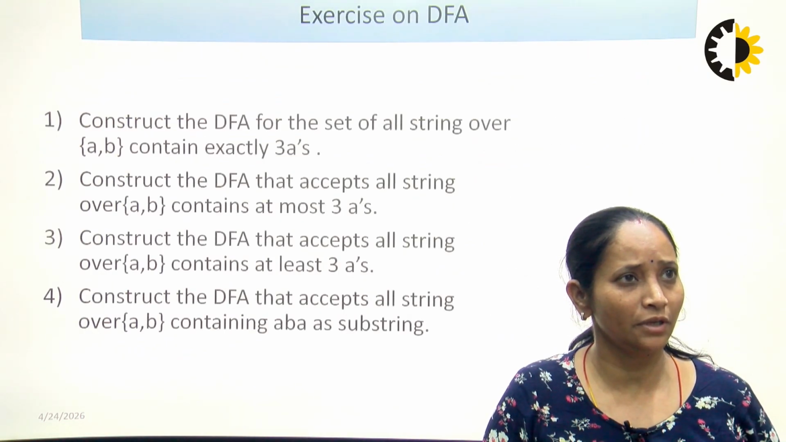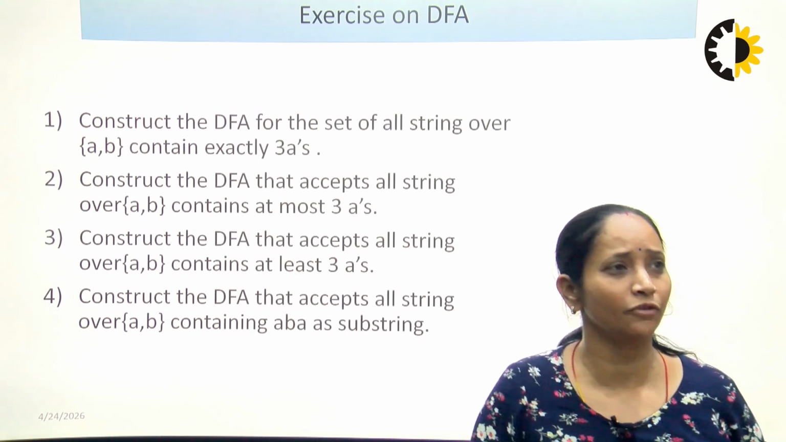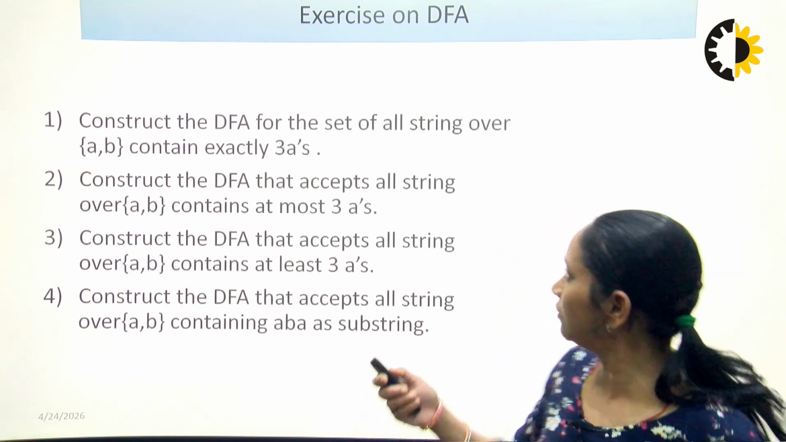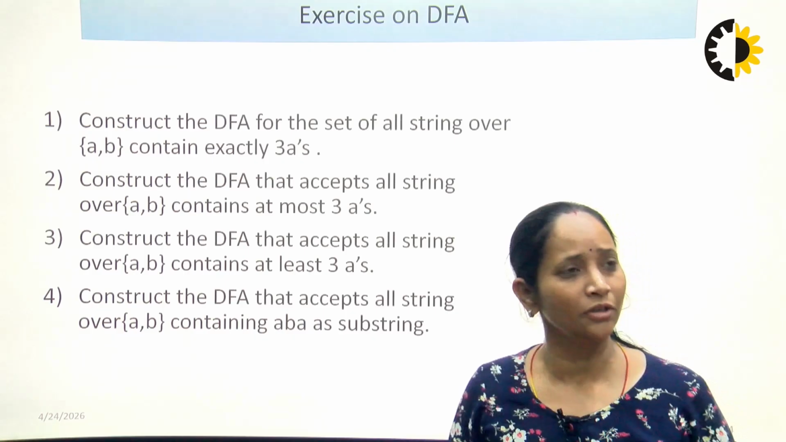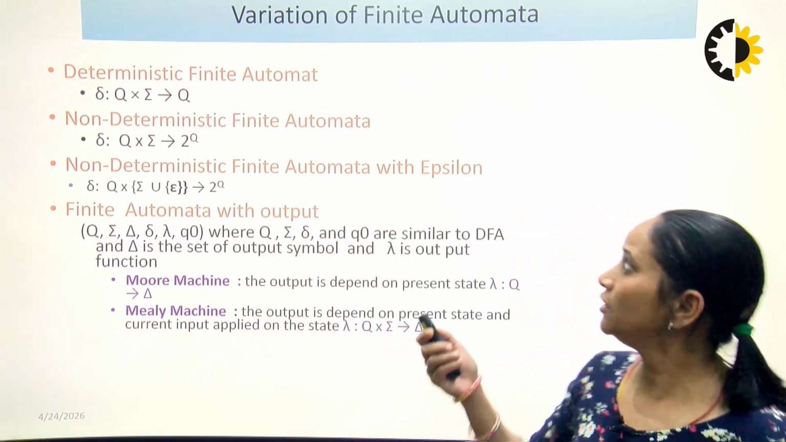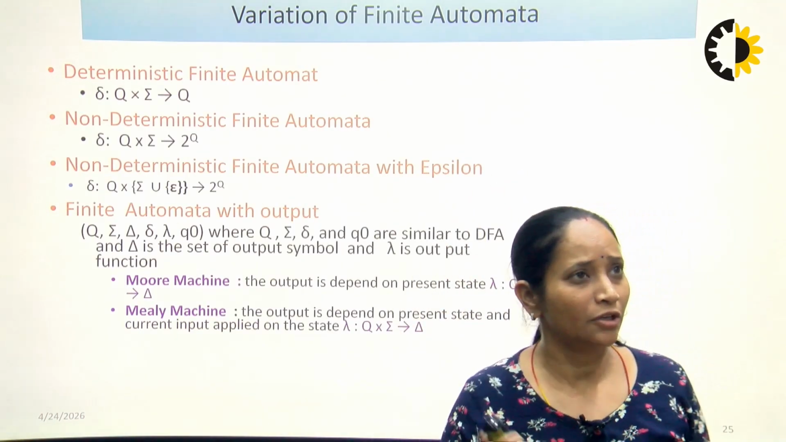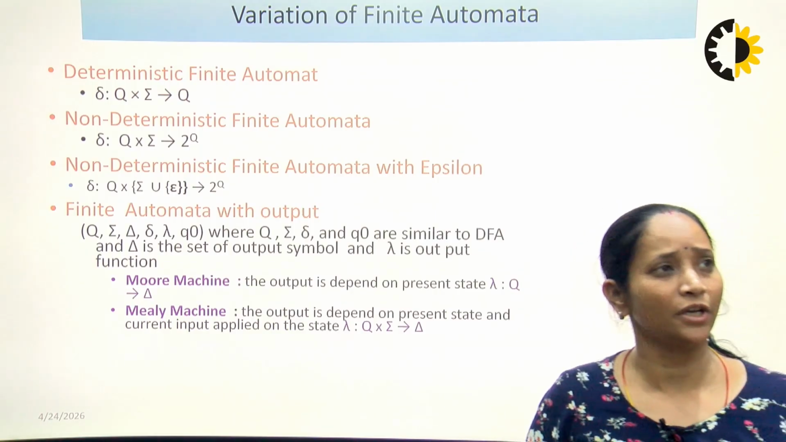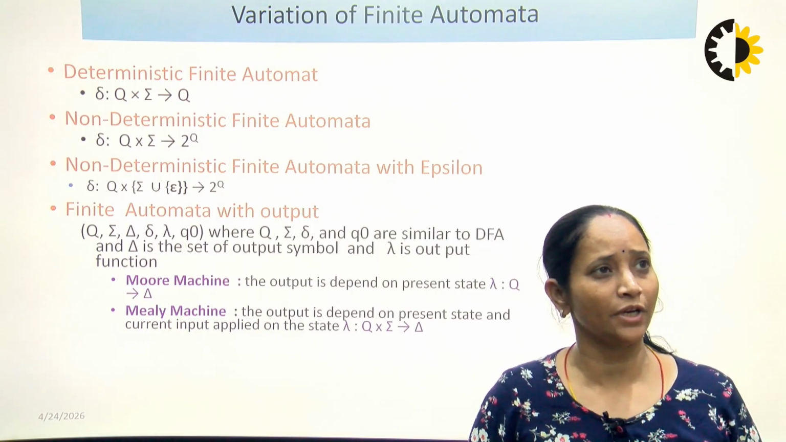These are covered in lecture number 1. So we have to start from this slide. We have covered all these questions in the previous lecture. So we have to start from the variations of the finite automata. The variations of the finite automata are deterministic finite automata,